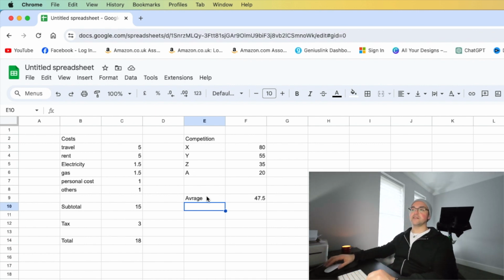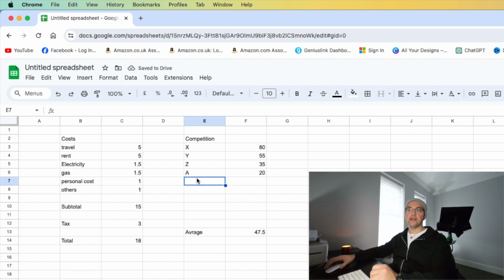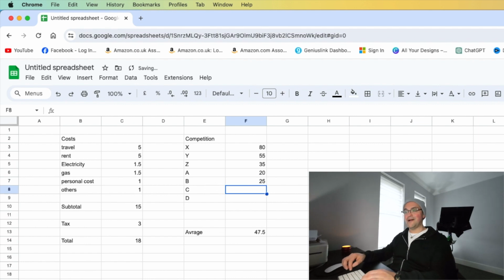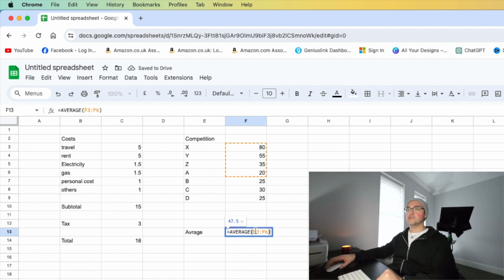Going back again to the spreadsheet, let's say for instance we have done further research and we checked pretty much everybody who is in the area. So we're gonna have more cases, more pricing to add up. So we're gonna have B, C and D. And let's say that the most common amount is around 30 and 25. So we have found that there are more people charging that sort of money. So instead of stopping where we decided earlier on, we're gonna stop here. Now we have an average price that we can work from.